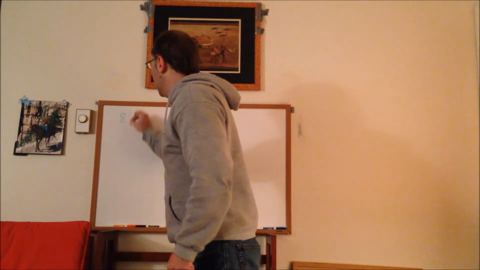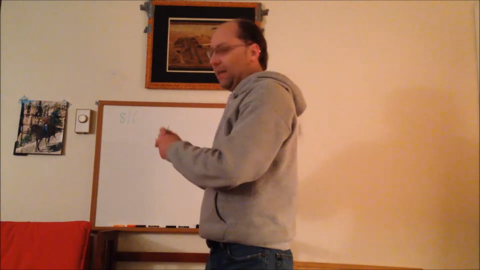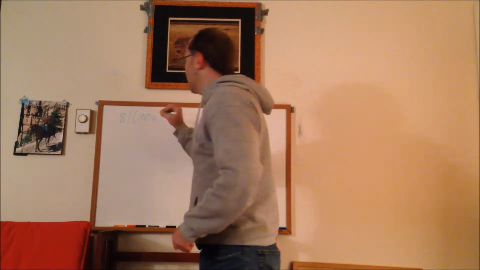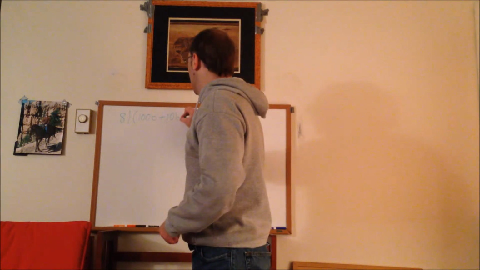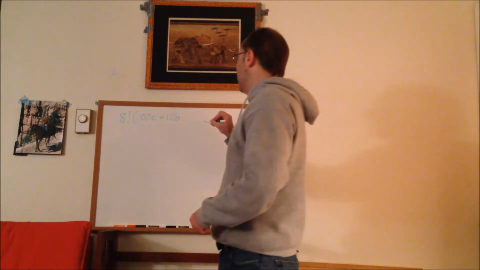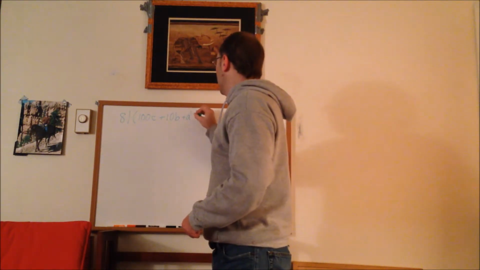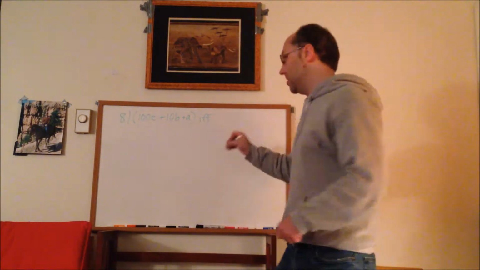So 8 divides, we're going to write this out, kind of unlike the last one. I'm going to write it like this: 100 times C, where C is the hundreds digit, plus 10B, where B is the tens digit, and then plus A. And then again, that if and only if,